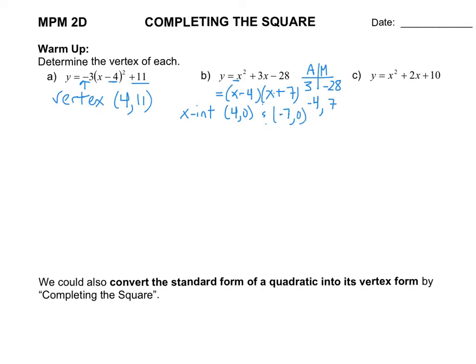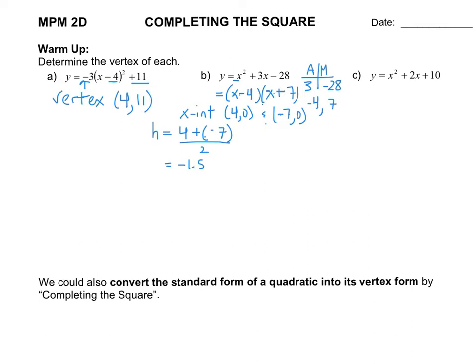And because parabolas are symmetrical, we know that the axis of symmetry is going to be exactly halfway between them. We need to find the midpoint. That will give us the x-coordinate of the vertex, or the h. So we're going to add these two values together. So 4 plus negative 7 would give me negative 3, and then divide by 2. Negative 3 divided by 2 is negative 1.5. Or you could leave it in fraction form and leave that as